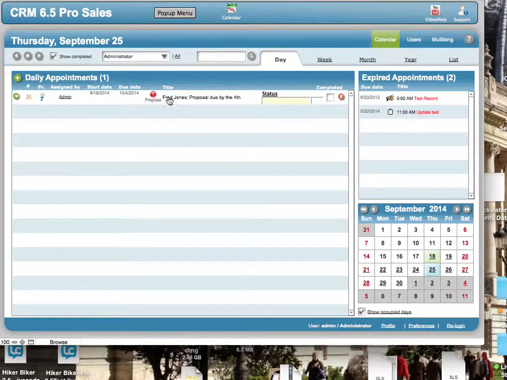Now what I'm going to do is first show you an existing scheduled item, and this is the proposal work that I just showed you. And one of the things I want to show you too is that there is a drop down on this screen here where you can assign a priority type of status on it, and you can change the statuses in here. If you're creating this app for the first time and you don't want these particular items in here, you can click on the status